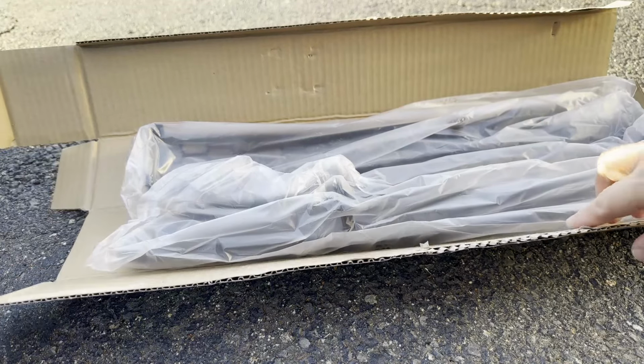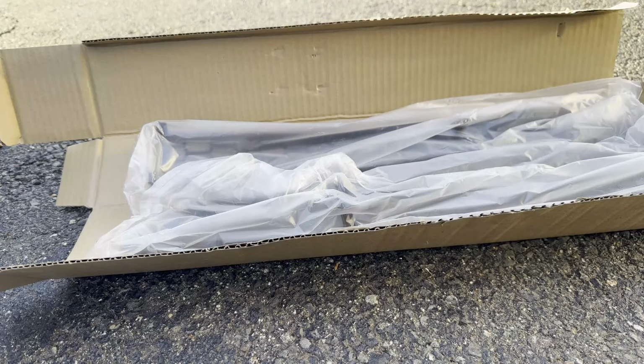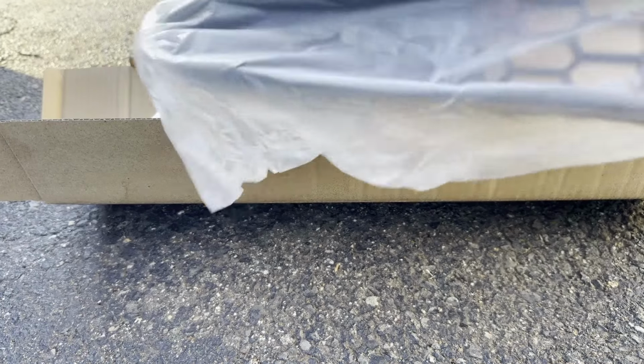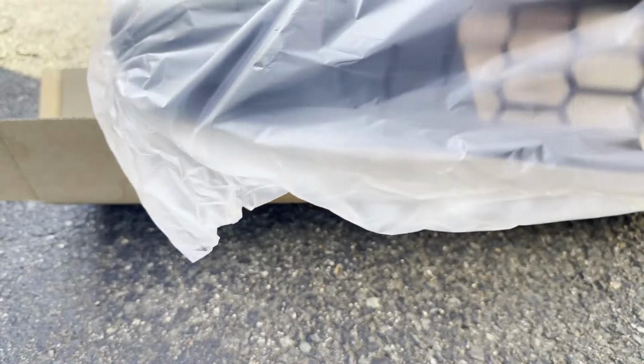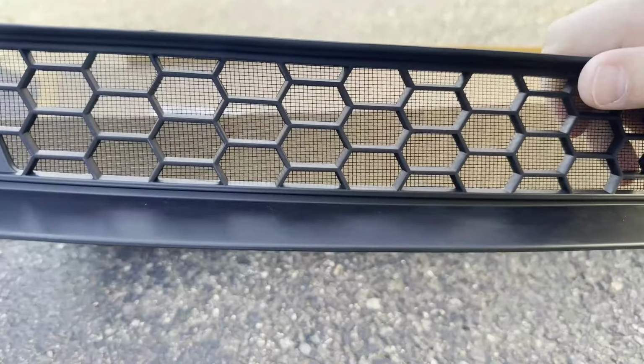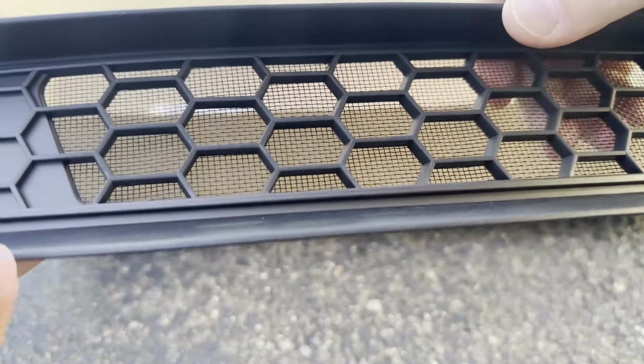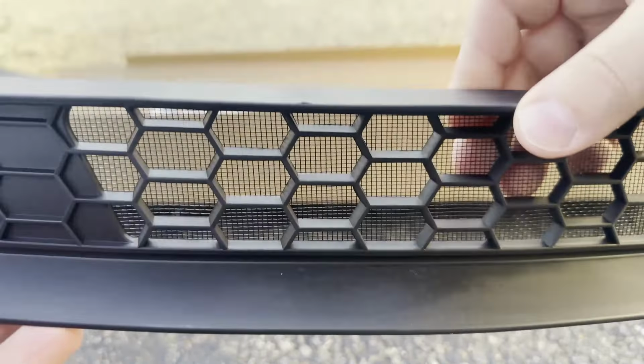And today I'm going to be reviewing the KUNIST grill mesh covers for your Model 3 or Model Y. The purpose of these accessories is to protect your louvres and your radiator from debris that could fly in. So you see you have the mesh insert here, and these are a direct fit right over your existing grill